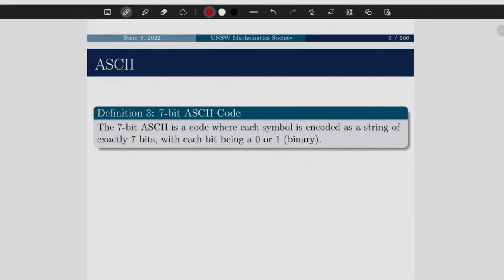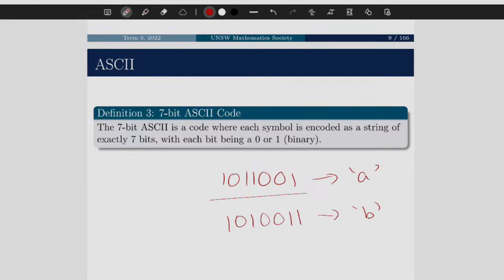So let's talk about the ASCII code. The 7-bit ASCII code is essentially where I have 7 bits, which refers to the number of symbols. So for example, if I just make something up, that's 7 bits. I have 7 bits that can correspond to anything like a symbol or a letter. And then as I go through, that could correspond with different things. So very clearly, it's a code. It encodes any symbol to a series of binary digits.